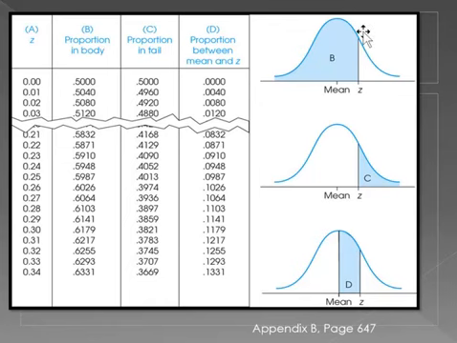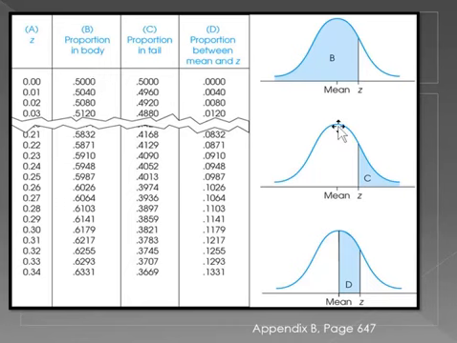So let's pretend we had a positive z-score like you see here, maybe plus 1.00. If we wanted to see all the scores at or below a z-score of plus 1.00, so that means all the scores that fall from here all the way to the end of the distribution, we would look in the column that says proportion in body,